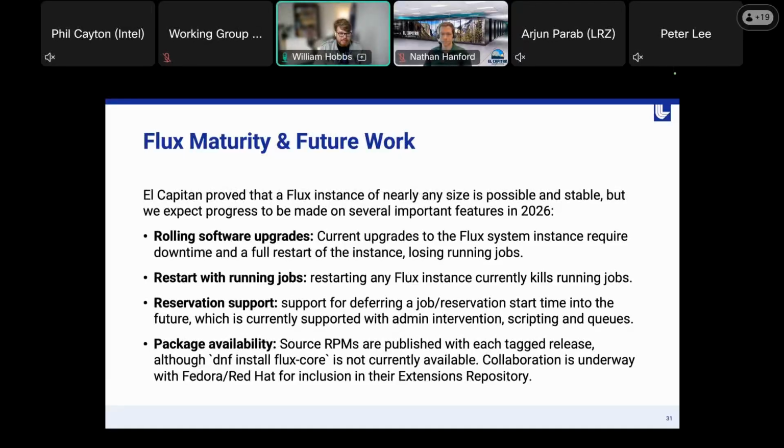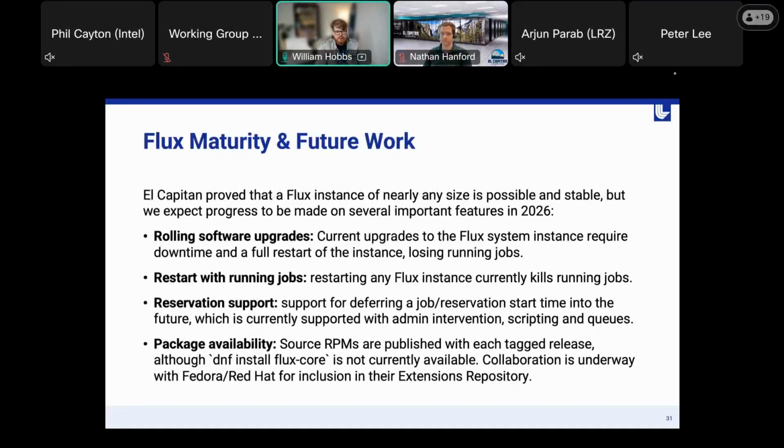Restarting with running jobs is another big one. This is actually a little bit more nuanced, because if you think of that broker tree again, if a broker dies, its children automatically get SIGKILL, because we can't track their work without their parent reporting that up the broker tree. We'd like to be able to restart those brokers, which are already wired up to systemd. So the first part of that is kind of done. But